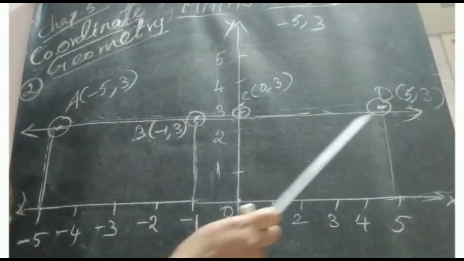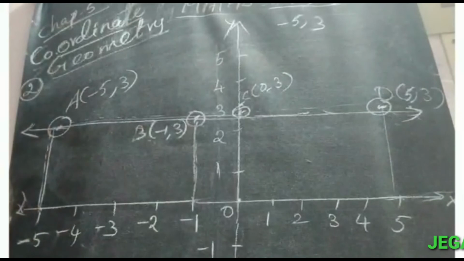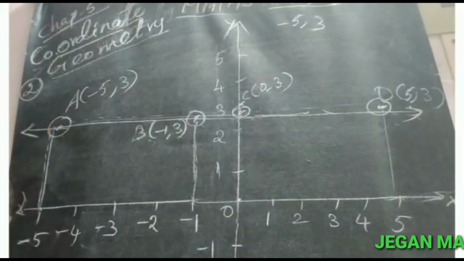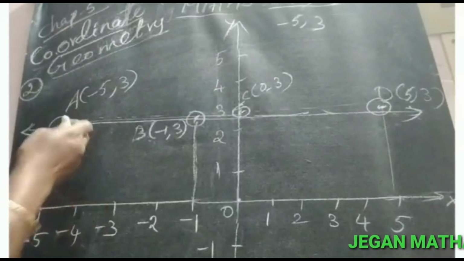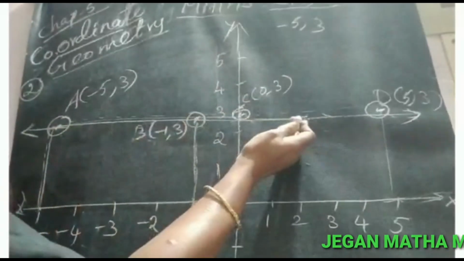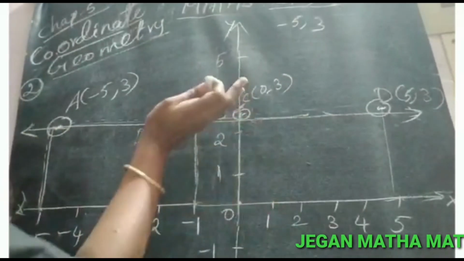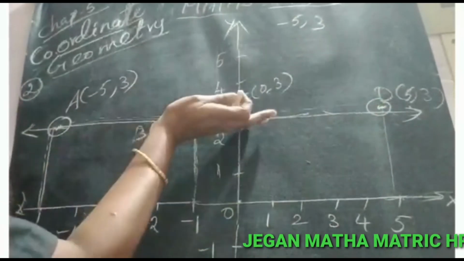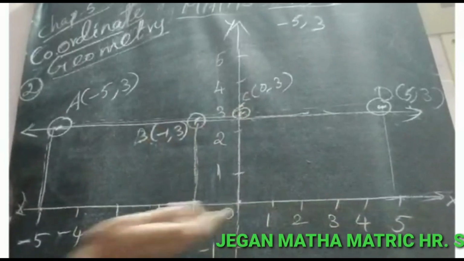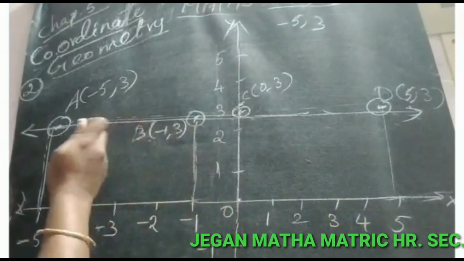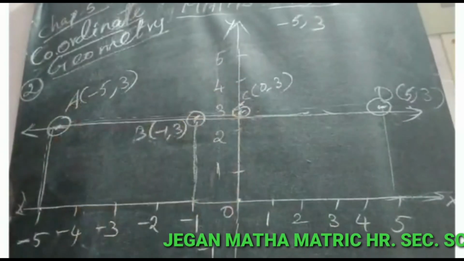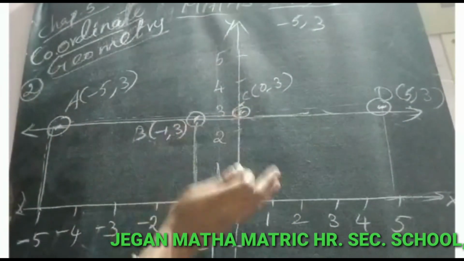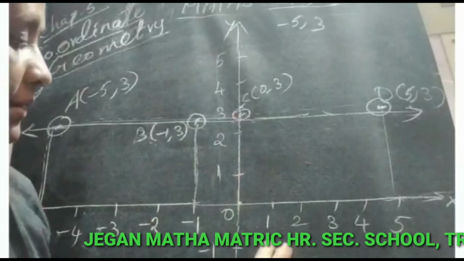These 4 points lie on the same line. So what is your conclusion? That is the question. So the answer, this solution line, is parallel to the x coordinate. This line is parallel to the x-axis. So the given points form a straight line, and that straight line is parallel to the x coordinate. That is the answer.